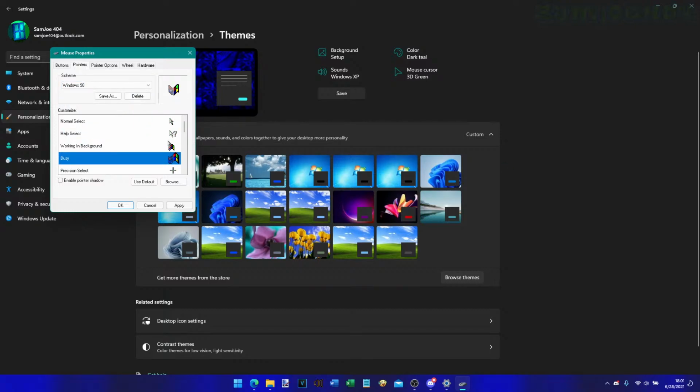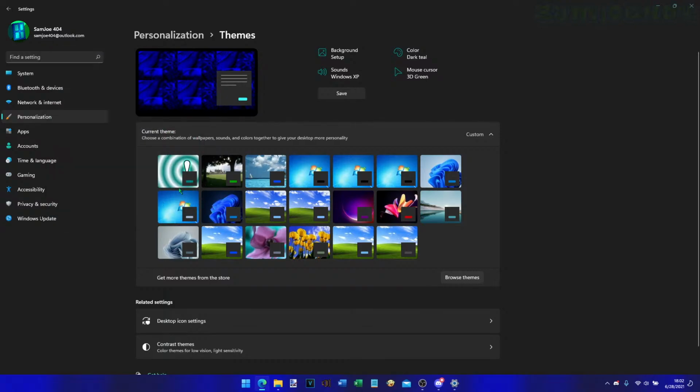I don't think you can see the animated cursor, can you? Oh, you can. Alright. At least there you can. We're gonna stick with 3D green cursor for now. Also, the controls thing still works. We got themes here, and oh man, that means that this is gonna